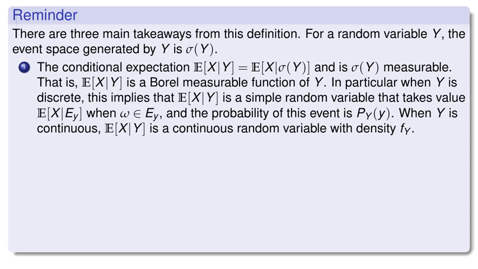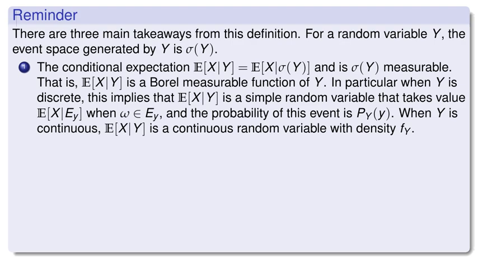So let's recap the main takeaways from this definition. First, for a random variable Y, the event space it generates is sigma of Y. The conditional expectation of X given Y is the same as the expectation of X given sigma of Y, and crucially it is measurable with respect to sigma of Y. This means that the conditional expectation of X given Y can always be expressed as some Borel measurable function of